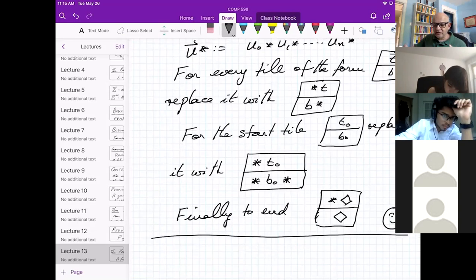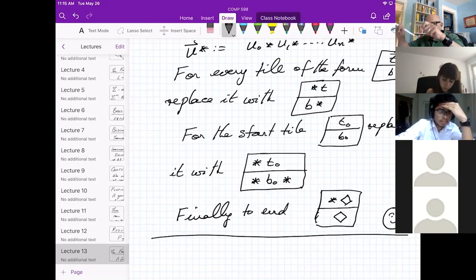So you may have gotten lost in details of fiddling with the tiles, but what did we do? We designed tiles in such a way that the only way you can get a match is by producing a valid computation of the Turing machine. Because the way the tiles were designed, it forced you, as you were doing the matching, to generate the next configuration. And when you hit the accept state, and only when you hit the accept state, I gave you special tiles to wrap it up.